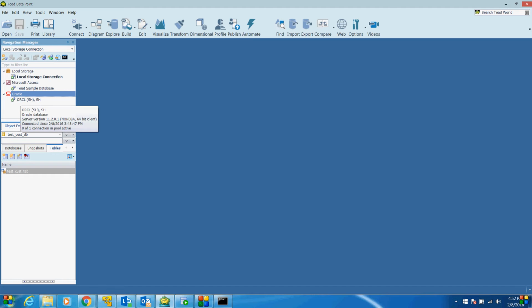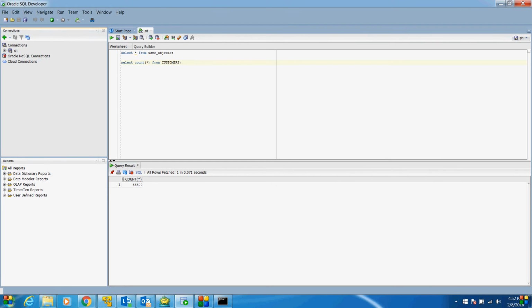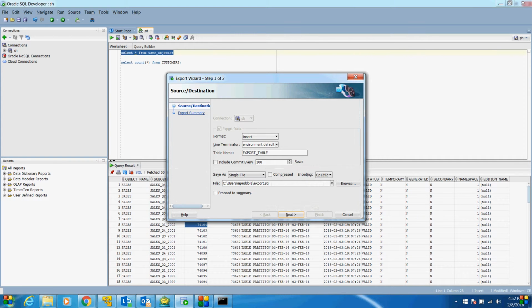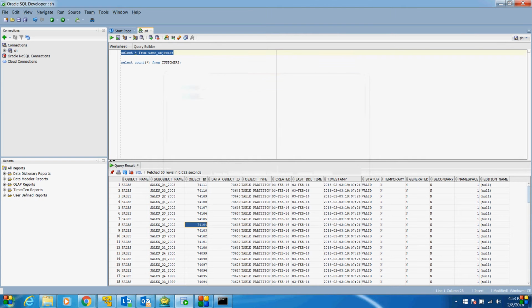Let's suppose, coming to the next feature, I want to generate some extra reports. Here I have some data, and I want a report, an Excel report or HTML report. From SQL Developer we can do this too, in PDF, text, XML, loader, JSON, and different file formats. We can generate these from Toad Data Point also.